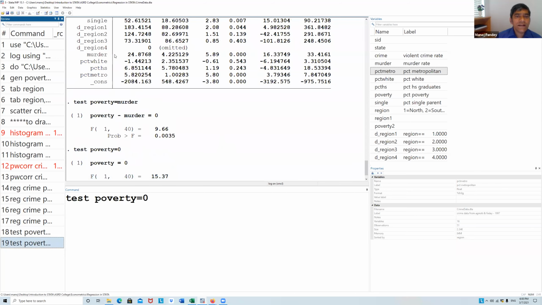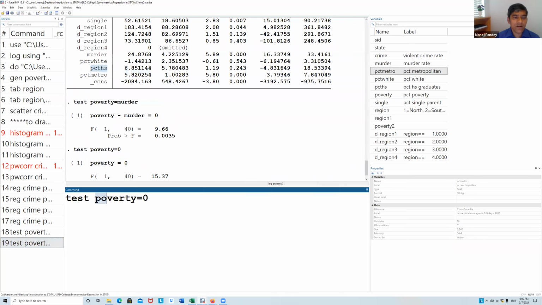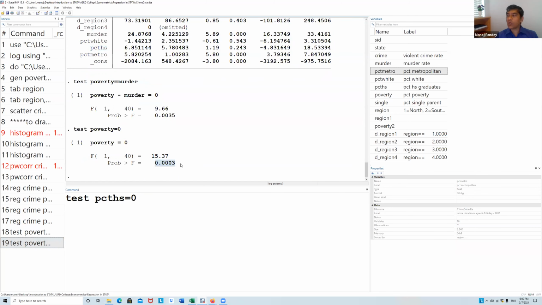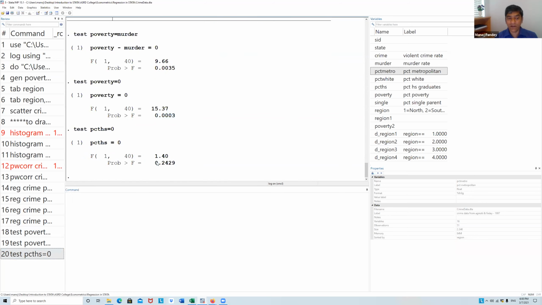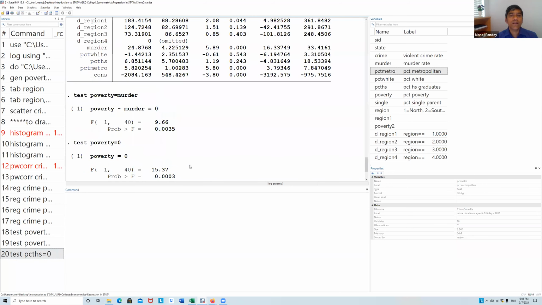Now, let's look into something which is not significant. So before doing this test, I know that the p-value will be more than 0.1, right? Because this variable is not significant there, so it will not be significant here as well. You can see here, p is 0.2429.